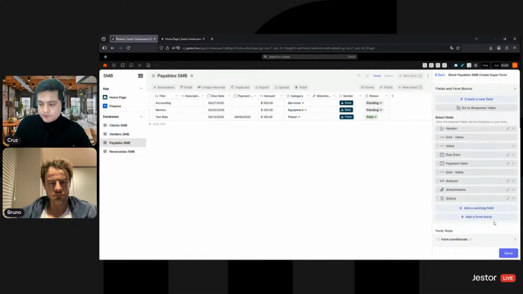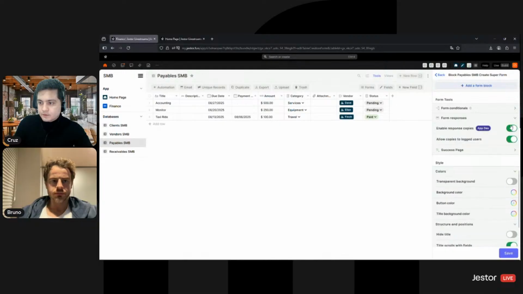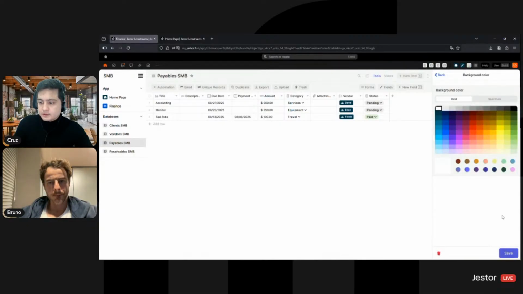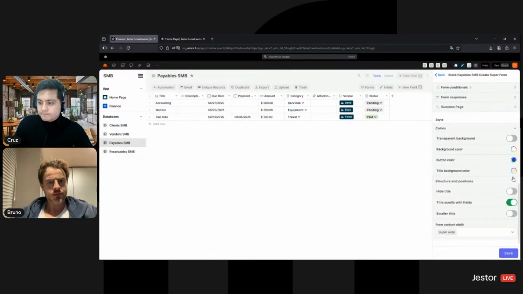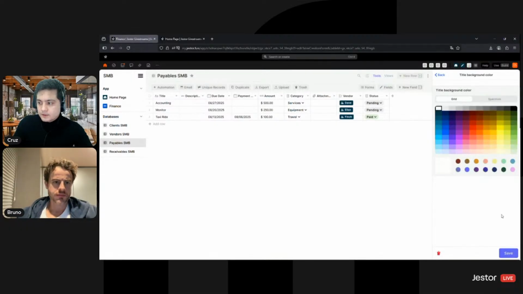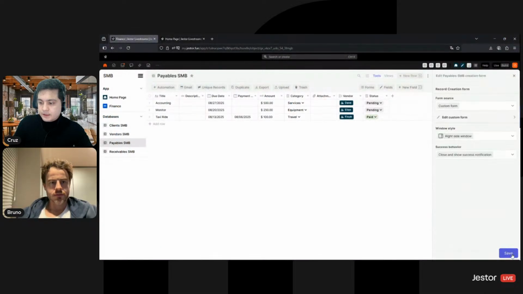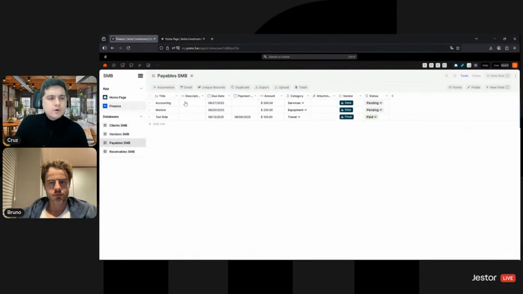So I'm going to click on save, and I'm just going to change the colors. And just so you guys can see how it looks, I'm going to click here on save. And now if I go back to the finance app